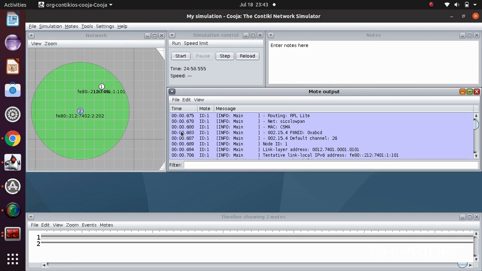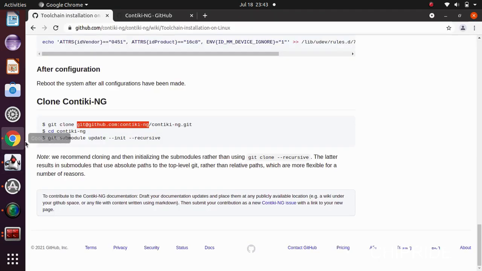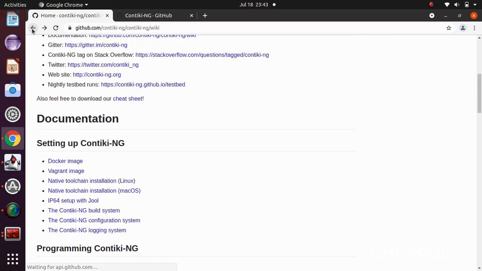You can practice with more examples by adding different examples in Contiki-NG. I just wanted to show you in the video how to run the Cooja simulator on your Linux PCs. If you have a Windows PC, you can go for Docker. You can install Docker and then run Cooja instead. I think Cooja is available by default in the Docker. You can get the Docker image from the same page, as I've already shown you, so you can download it and then run it.